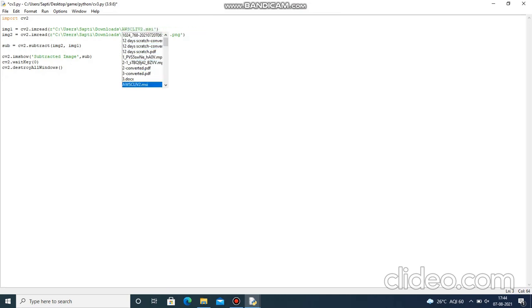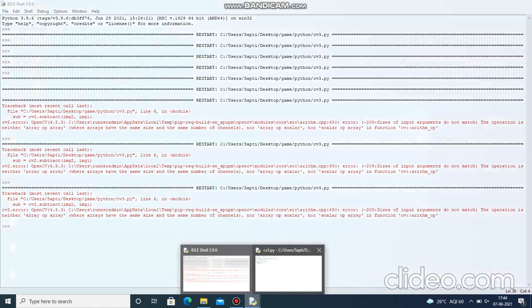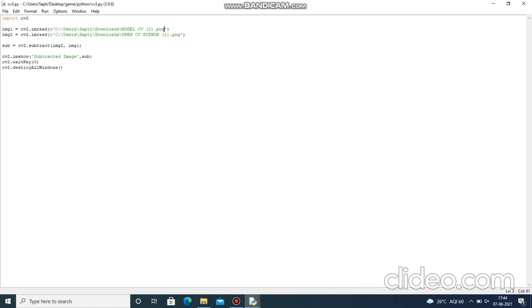Okay, here let's see, there is some other image. Okay, they are not of the same size, right? So that is the problem. So now let's take some other image itself.